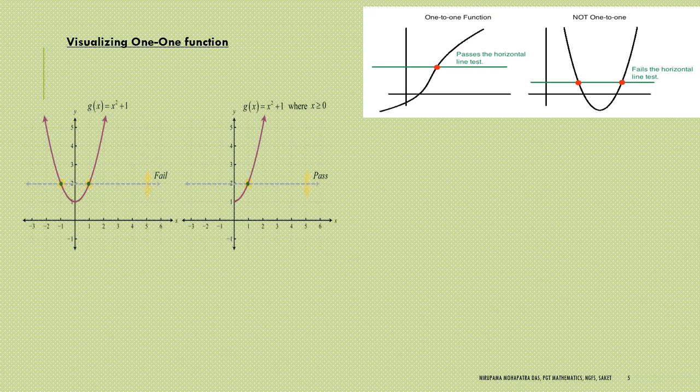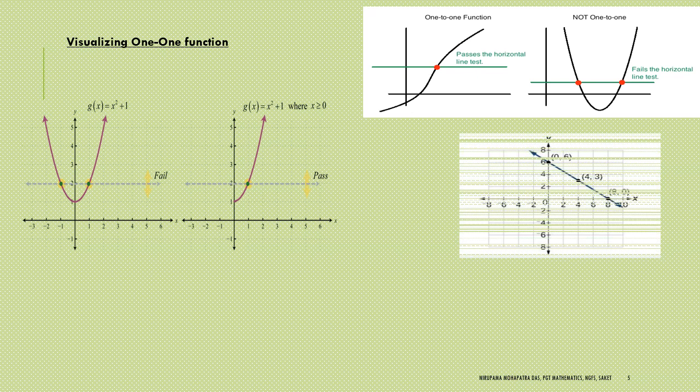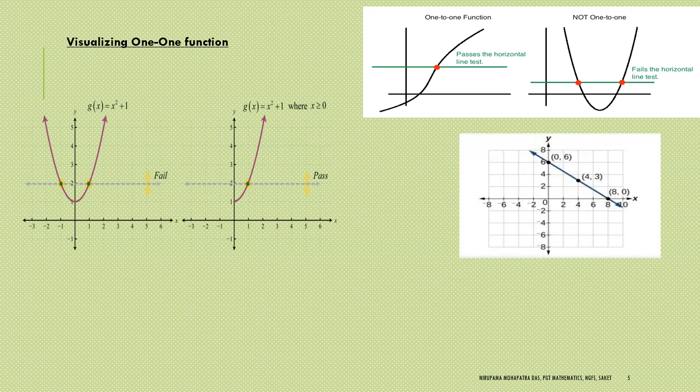How to visualize whether the function is 1-1 or not? In case you are given a graph, 1-1 means, as is clear from the name, there must be a 1 to 1 correspondence between the elements from A to elements in B. But if you want to visualize it through the graph of a particular function, what do you need to see? If the question gives a graph, then you have to check whether this function is 1-1 or not. So I have taken 3 cases here.